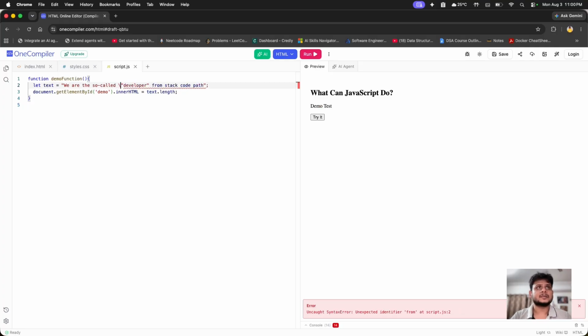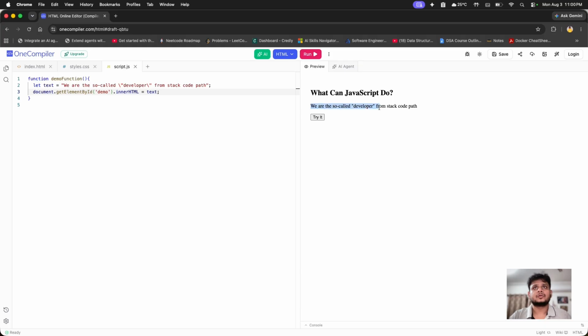We can just do it like this, and we will be doing this like this. Now the backslash escape character defines this as a complete string which is under the double quote. So now if I print this one, you can see we are the so-called developer